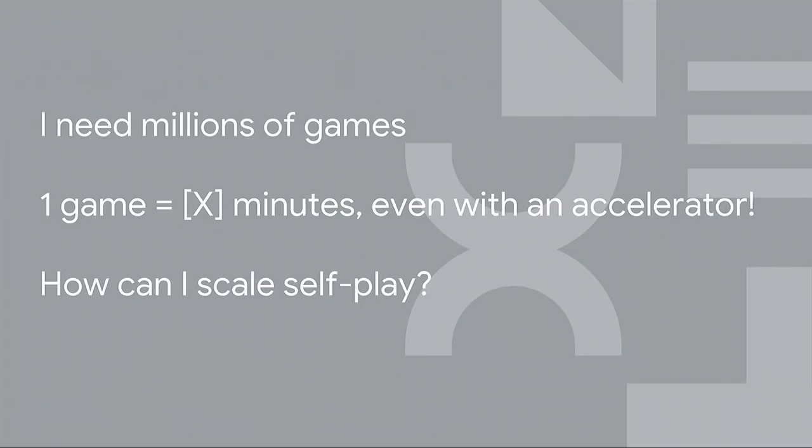So in order to train adequately, I need to do this for millions of games. And I know that a game will take on the order of minutes, even when I'm using GPUs or TPUs. So my question becomes, how do I scale this? Now, happily, this is a problem that is, to borrow someone's phrase, embarrassingly parallel. Having 2 copies of Minigo play each other does not involve any other copies of Minigo, which means that I can spin up as many of these as I can, assuming I have a good way to shard this all out or scale this all out.